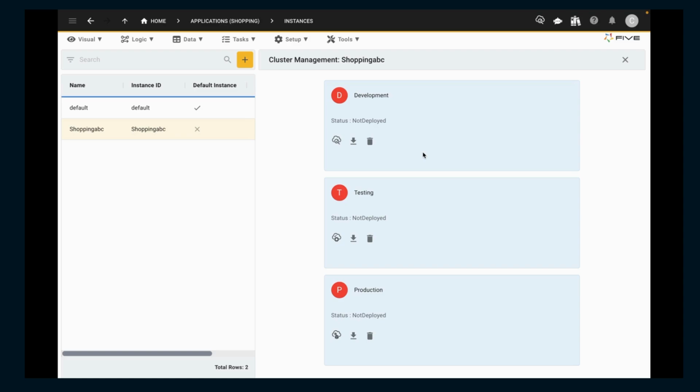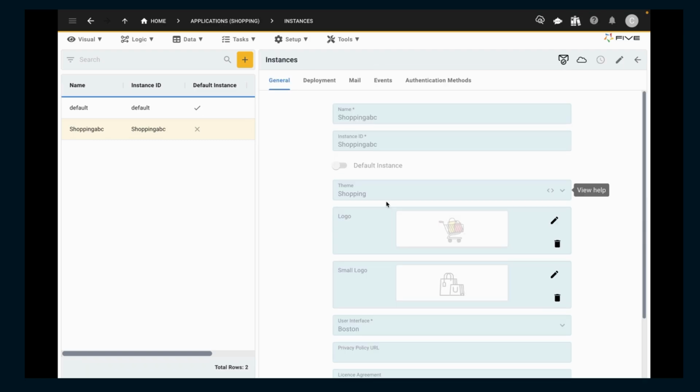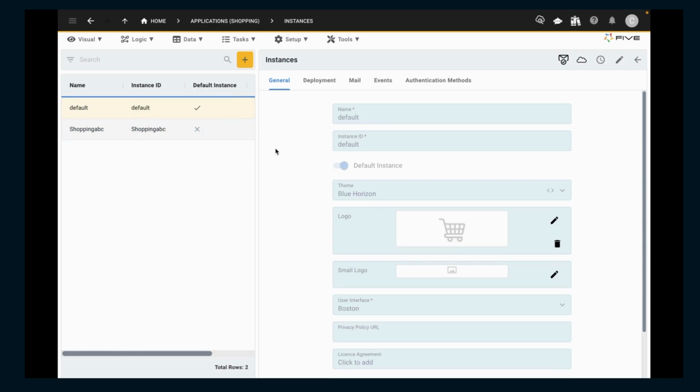There are other topics to cover on the Instances form, however we will learn about them in future tutorials. For now, just remember we will still be using the default instance provided by Five. So anything that you have done to the previous record won't be seen when running or deploying from Five's toolbar, unless you change the default